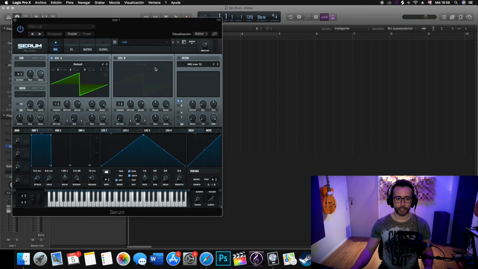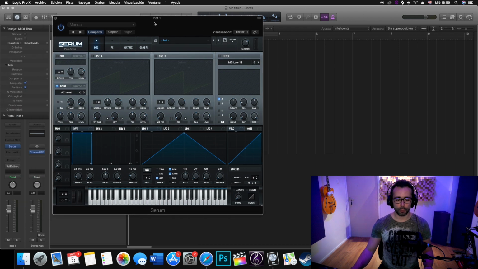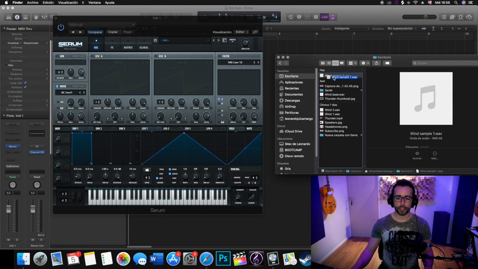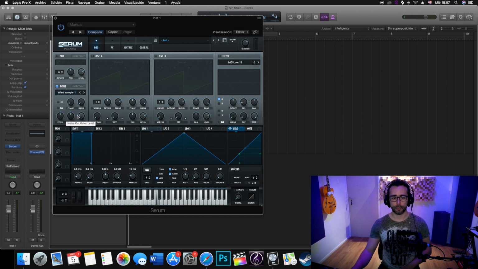We will deactivate oscillator A because we don't need it for anything, and we will activate the noise module, to which we will load the sample we have just created. You can just drag and drop and it will work just fine. Very low. Let's crank up the volume. Here it is. Let's activate pitch tracking. Let's crank up the master as well because we need to hear what we're doing,